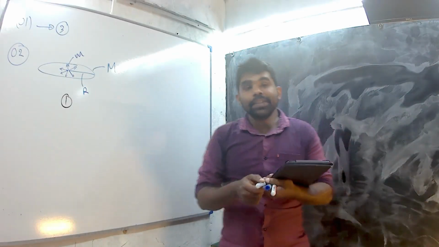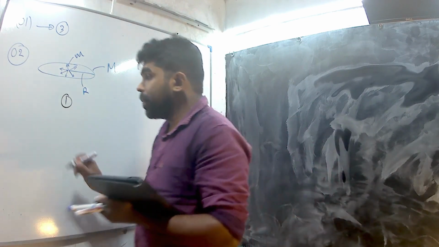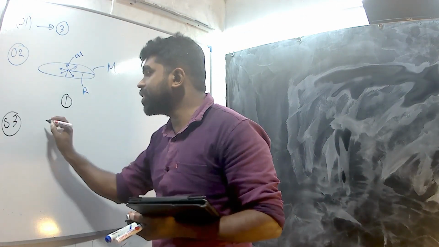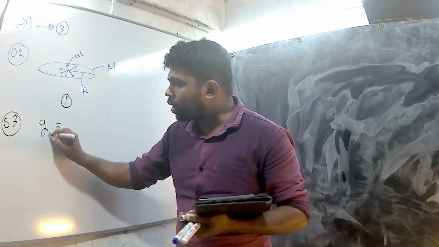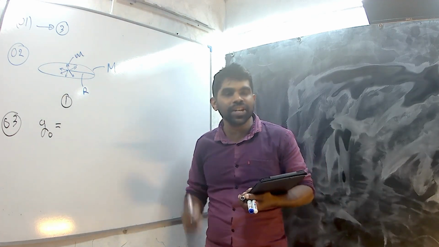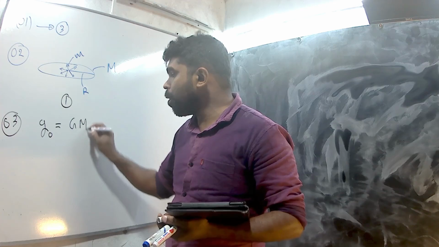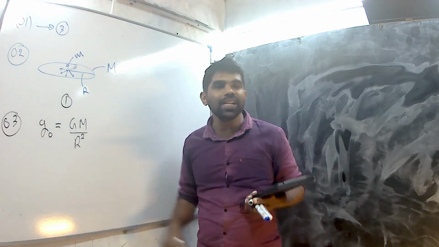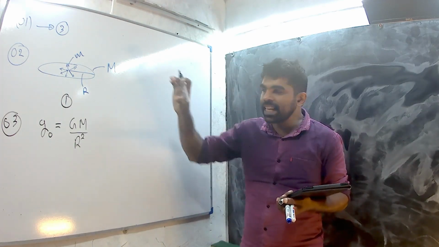They have given that there is the same gravitational acceleration on both planets. Then we can write the gravitational acceleration, small g naught, equals GM over R squared. Capital R means the radius of the planet, capital M is the mass of the planet, and capital G is the